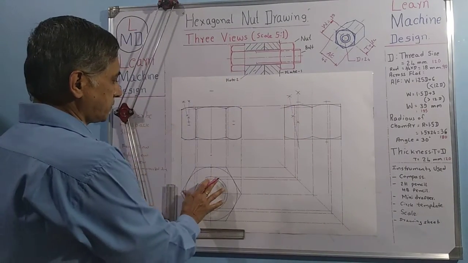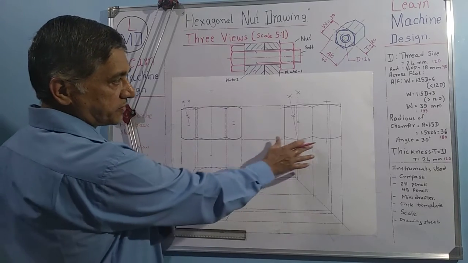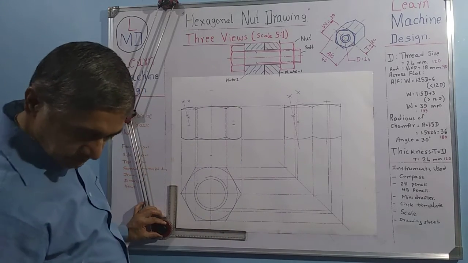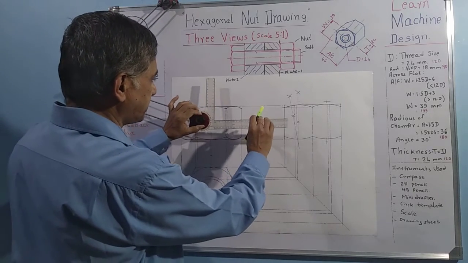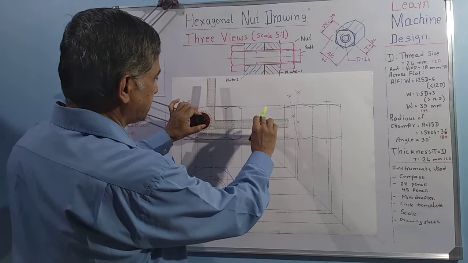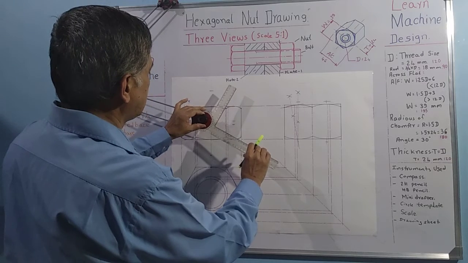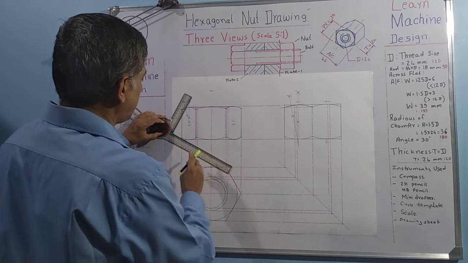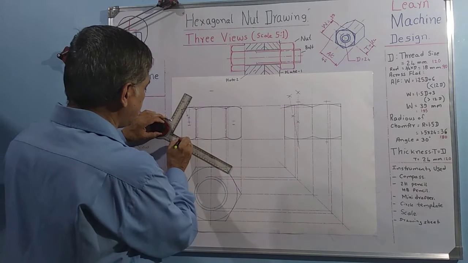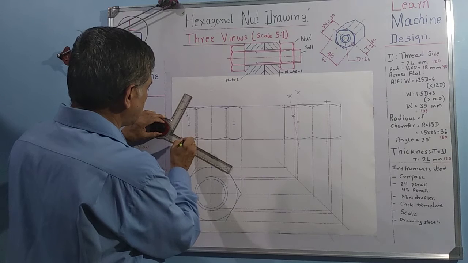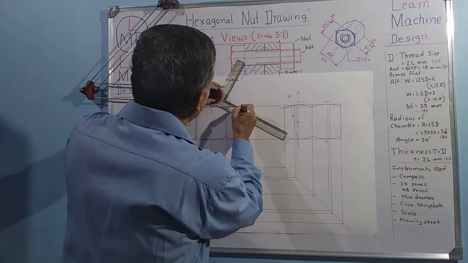Okay. Front view. This is a top view. This is side view. And we have to take this mini drafter 30-degree tilted. Draw this chamfer line. Because chamfer angle is 30-degree, we have to draw it like this, draw it. And similar way we have to draw it here also.